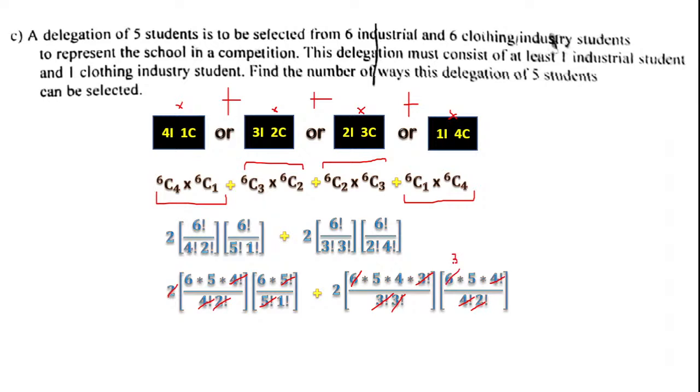Okay. So we will now be left here with 6 times 5, 30, times 6. So 2 times 5 which times... so 6 times 5 is 30, right? Or 2 times 15, depends on how I cancel it out. And then plus this other one, you have 2 times 5 times 4 is 20, and then times 5 times 3 is 15. So this gives us what value? 15 times 6 just gives 180, plus 2 times 20 is 40 times 15 is 600. So 180 plus 600 is equal to